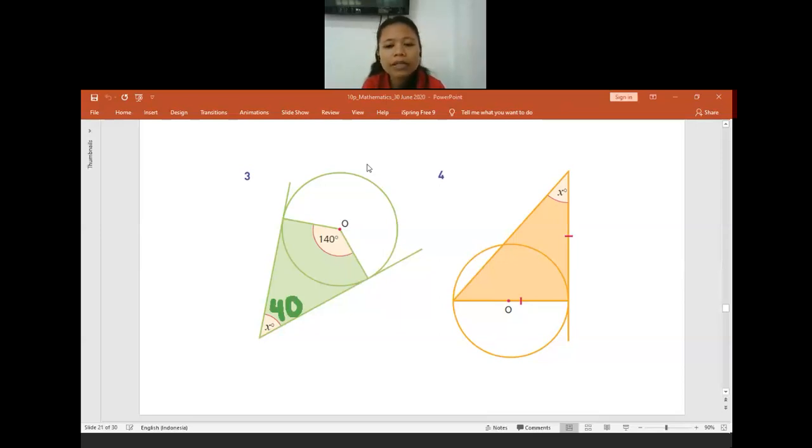For question 4, how many degrees is angle X? 45. Okay, is there anyone confused? No, for sure. If you have difficulties, feel free to ask any question. We only have about 3 minutes left before the class finishes. It is an isosceles triangle because there are these two signs. It means isosceles, and also remember radius and tangent line will always make 90 degrees. If no question, I will move to question 5.